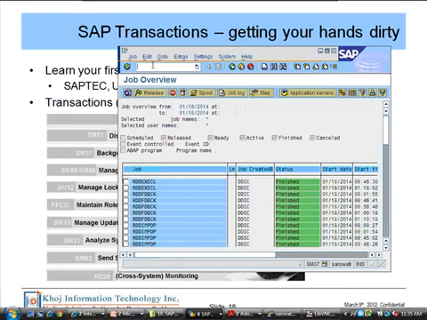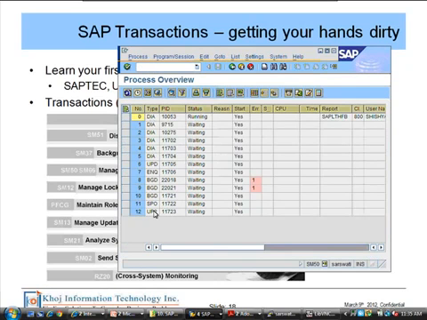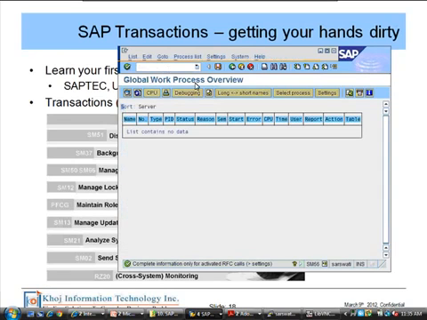Then you got SM50. SM50 shows you work processes. We have seen this. Work processes running in that instance. SM66 shows you running processes, which are actively running.